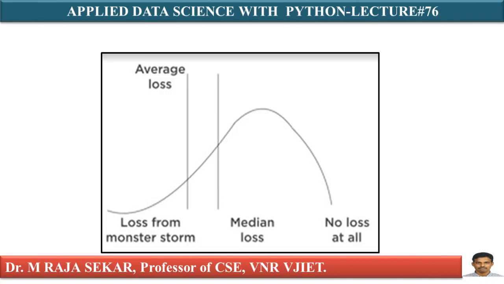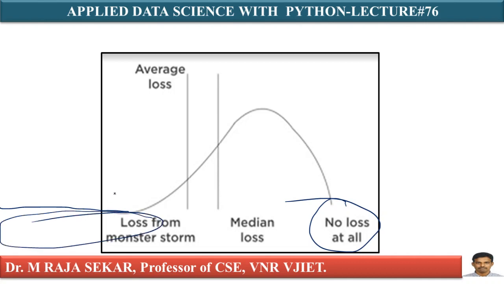Negative skewness is often encountered in data when there is an upper bound. This point is very, very important. There is an upper bound, but no lower bound. We don't know how much damage that storm can do. You cannot estimate. There is no lower bound, isn't it? But in the case of positively skewed, there is no upper bound. Here you have an upper bound, but there is no lower bound to how much damage a storm can do.